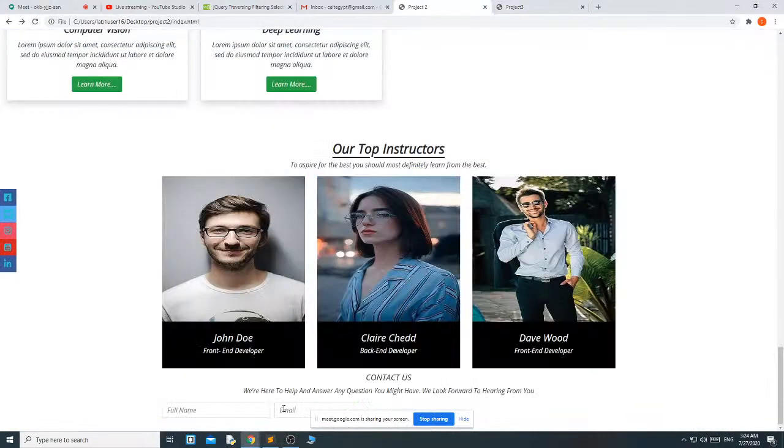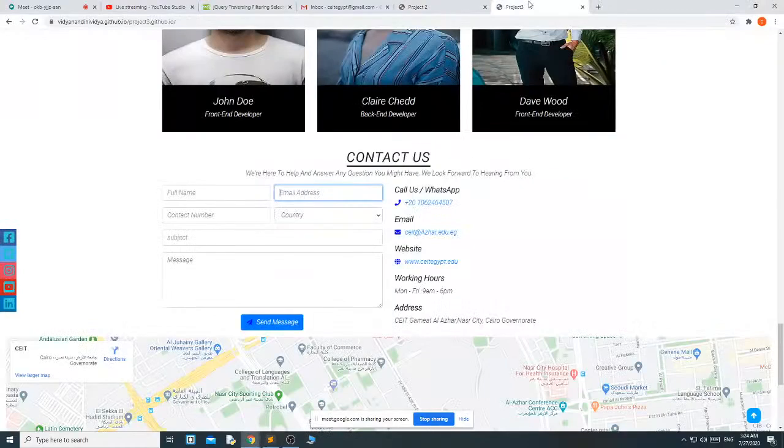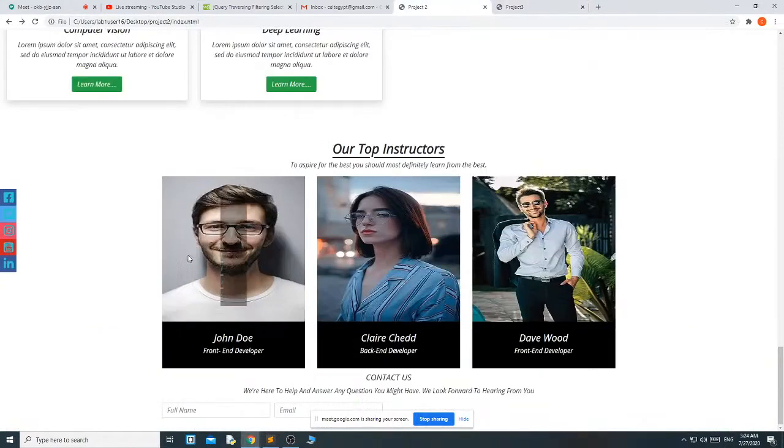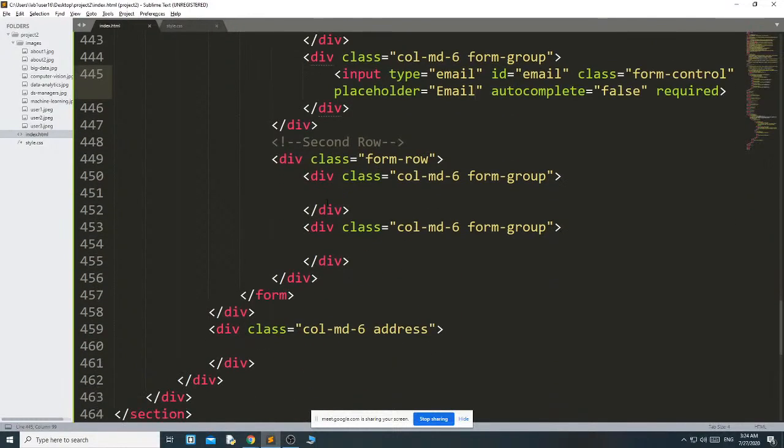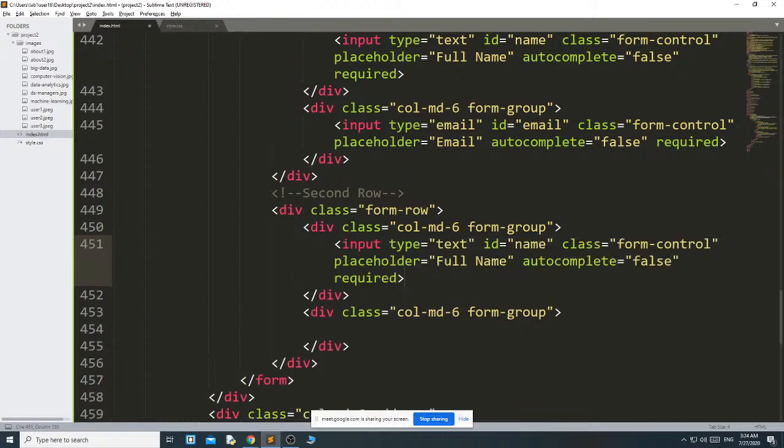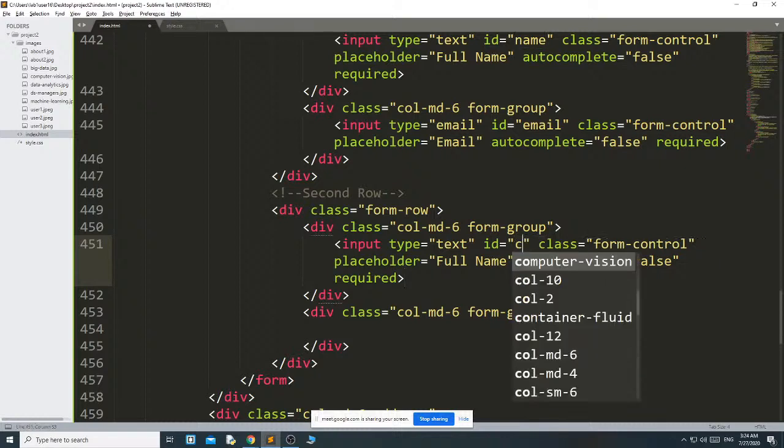Okay, full name and email. Then in the second row, I want contact number and country. Here you can see this is the select box. In the second row, the first one is input type text, ID equal to contact.